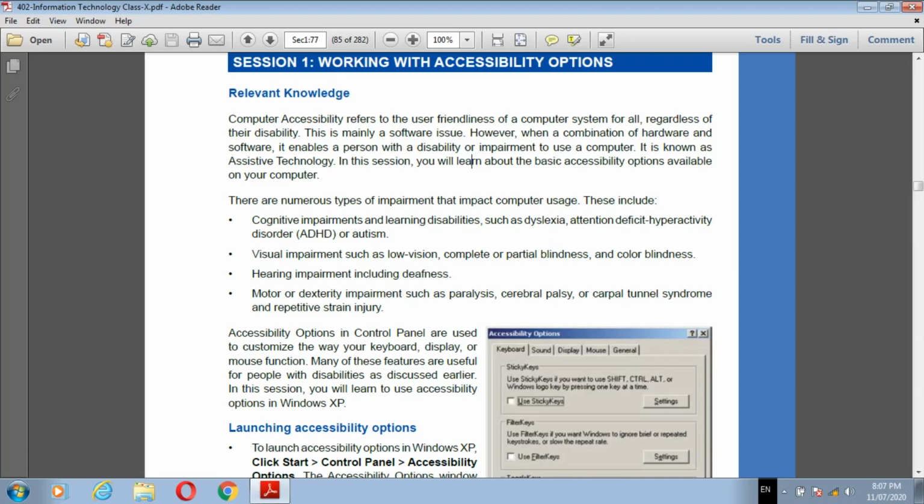Means if any person has a disability, they can easily handle and access the computer. Means they are not able to operate the keyboard or the computer. So this accessibility option provides shortcut keys to such persons. This accessibility we are going to learn now.